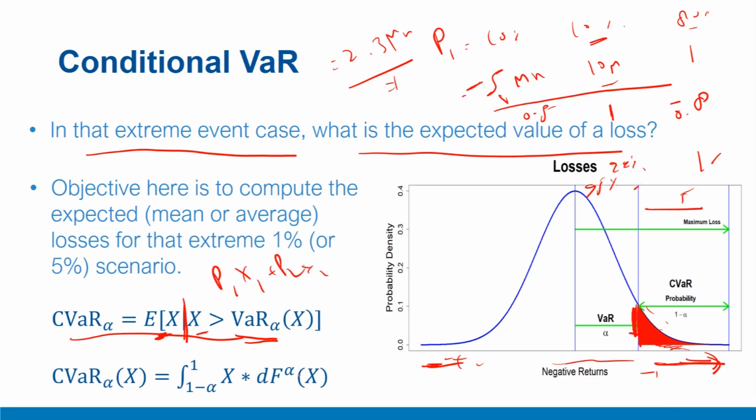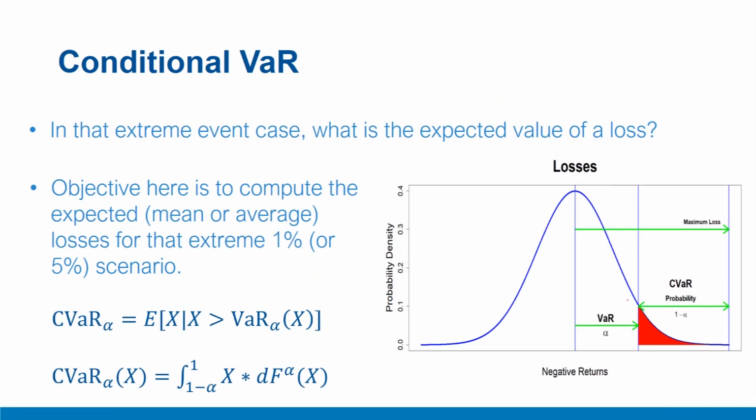If your returns are in continuous form, or you believe that returns follow some kind of continuous distribution, then also the case is not too difficult. You have continuous value of return observations, you can plot them, and for each return observation there is a small probability density value that this return observation will materialize, or if you're talking in terms of loss, then X values along with their probability density. And then you can integrate. This is the 1 minus alpha region, please remember this is the 1 minus alpha region, which is your critical region.